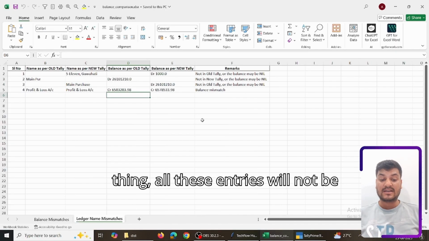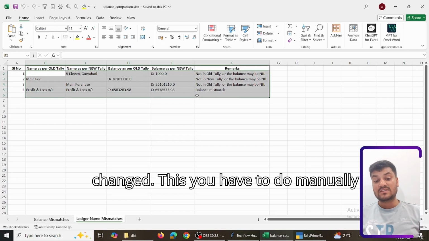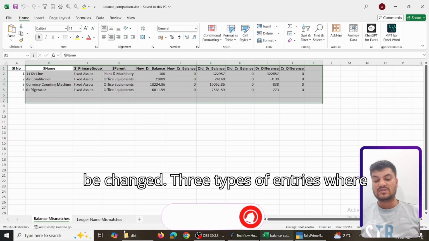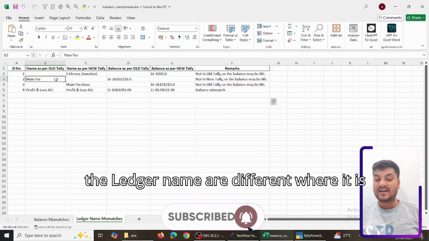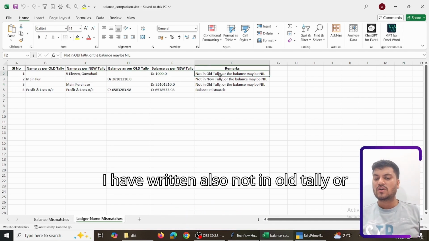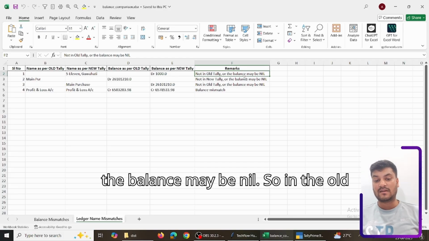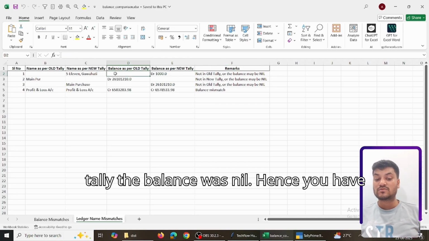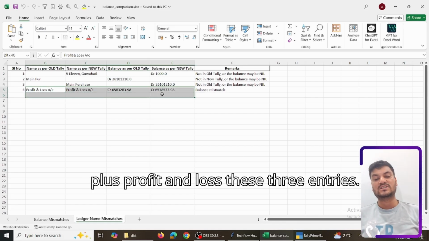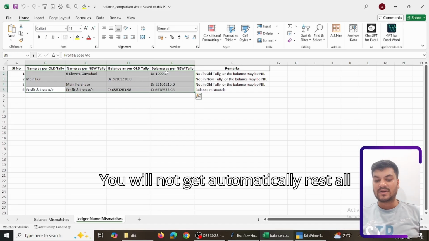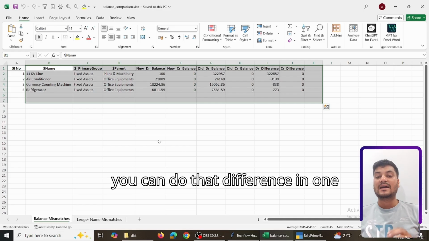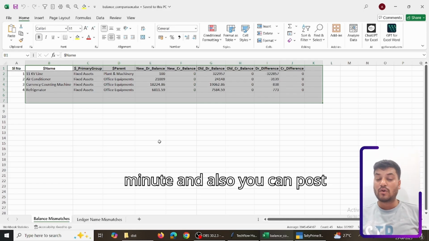Again I am saying only one thing, all these entries will not be changed, this you have to do manually. Whereas balance mismatch, every entry will be changed. Three types of entries: where the ledger names are different, where it is 0 either in first tally or second tally, I have written also, not in old tally, or the balance may be nil. So in the old tally the balance was nil, hence you have to do the scrutiny why this happened. Okay, plus profit and loss, these three entries you will not get automatically. Rest all the entries, if there are 50 differences, you can do that difference in 1 minute,